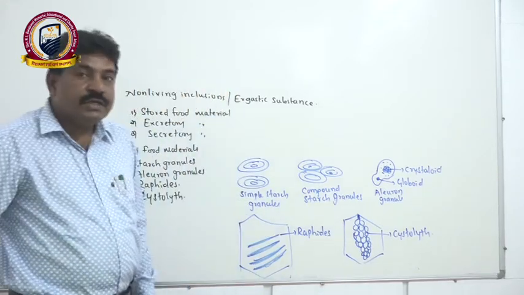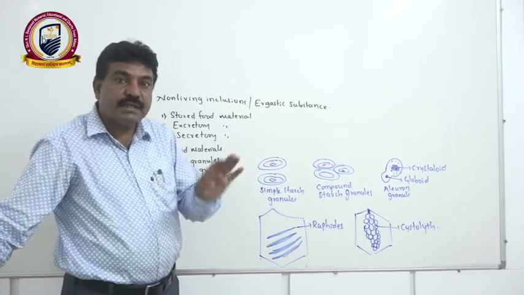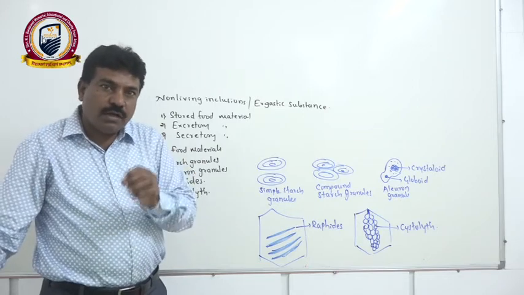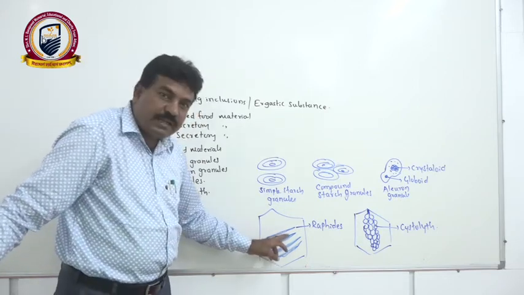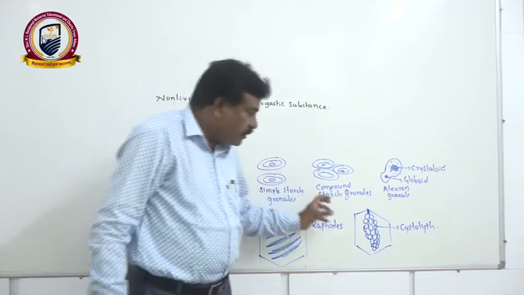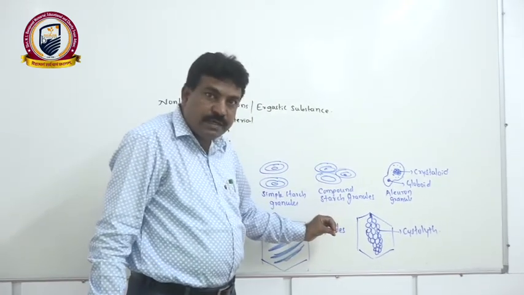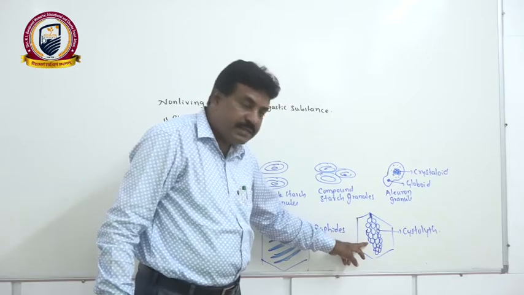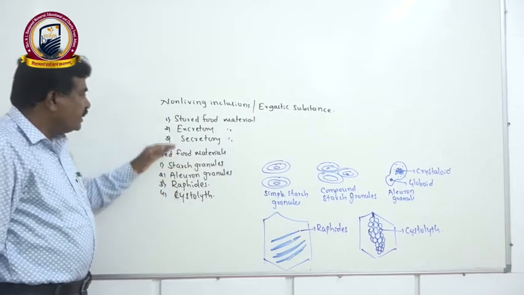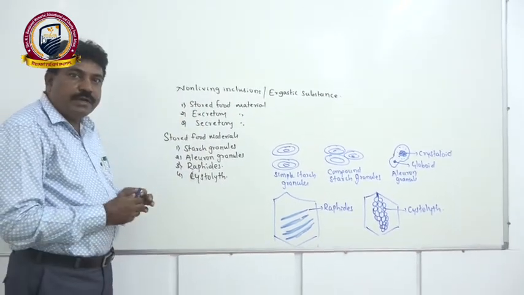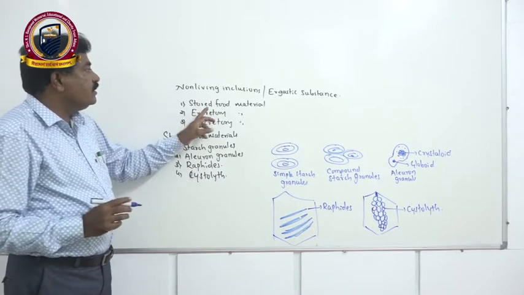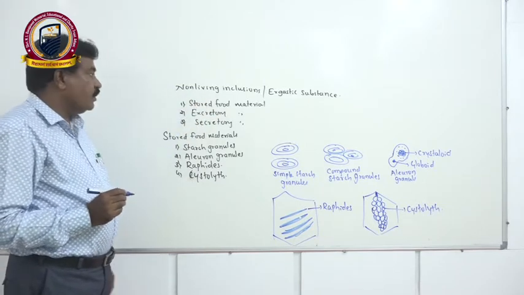Exceptionally, certain plant cells also have the ability to store minerals and salts, not in a dissolved state but in the form of crystals. If they are stored in rod or needle shape as calcium carbonate crystals, such structures are called raphides. Calcium carbonate crystals present in a grape-bunch form, as seen in the banyan plant cell, are called cystolith. In such a way, stored food material is present in the plant body in different forms, and it comes under non-living inclusions.